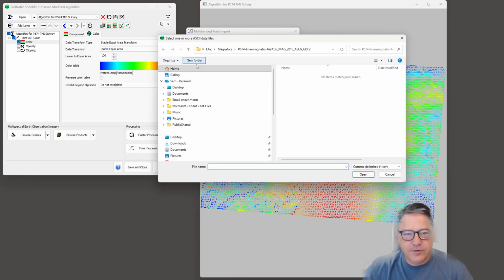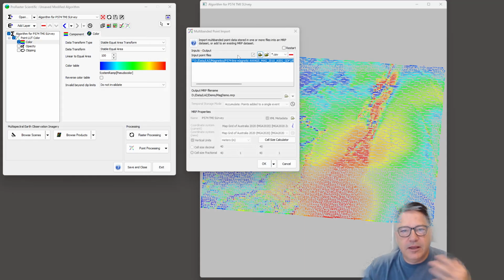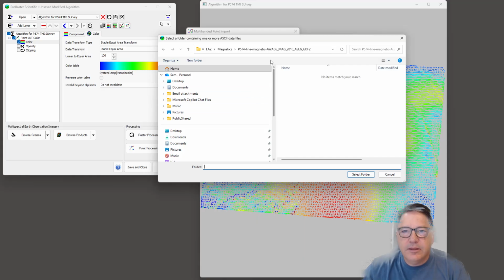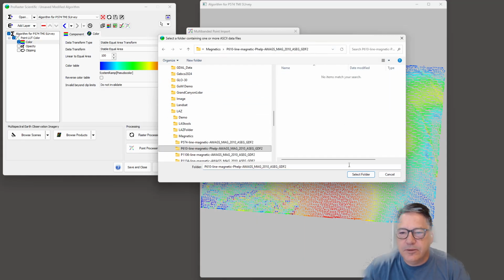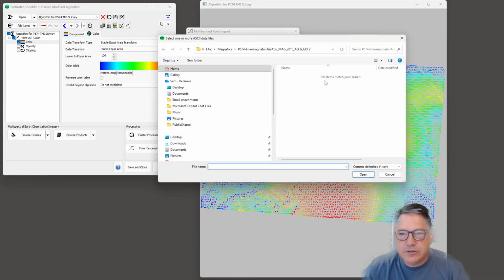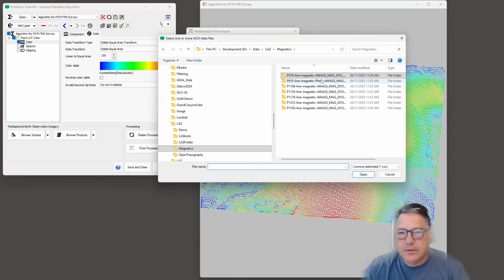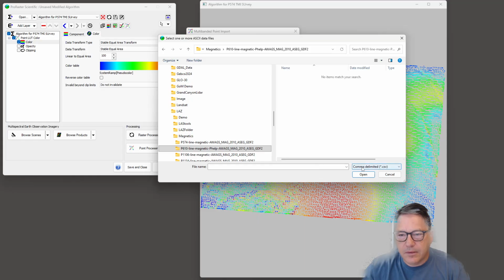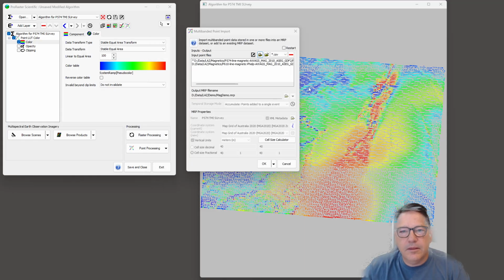I can go and browse for some new files. They could be in a different format. I can then go and change the import parameters on our other dialog. So let me just do that. So go into, say, this one. Oops, sorry, I'm selecting folder. I want to select file. That one. So now I've got one file that's going to be imported and one file that's already been imported